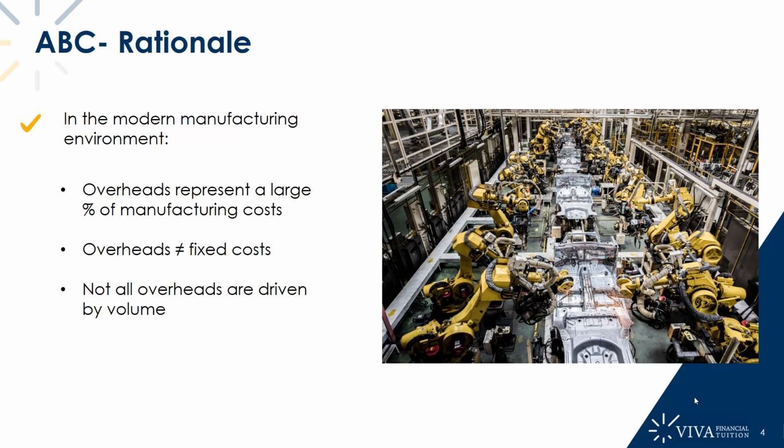Now, one of the limitations of absorption costing tended to be that if we produce a number of product lines, but a particular product line was produced in larger volumes, it often took a greater share of the overhead burden. So it's that assumption, actually we're producing more of this, it's placing a bigger demand on the business. Now again, that was probably the case when you had traditional manufacturing businesses just making a small range of products and maybe had a primary product which they were producing in massive volumes, which really placed a huge burden on the business in terms of production resources, and therefore it was fair that it took a greater share of the